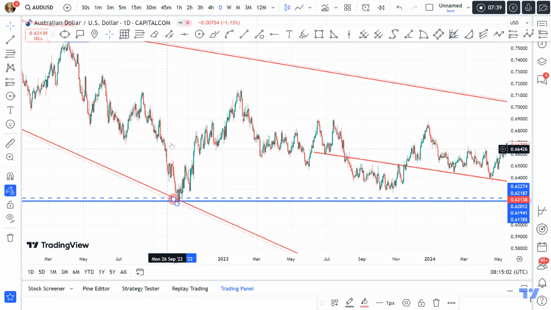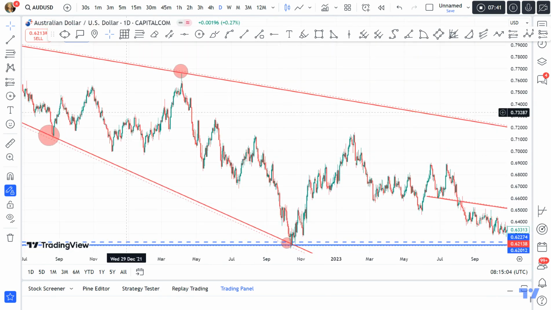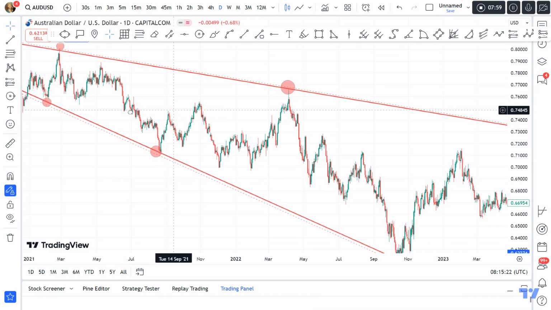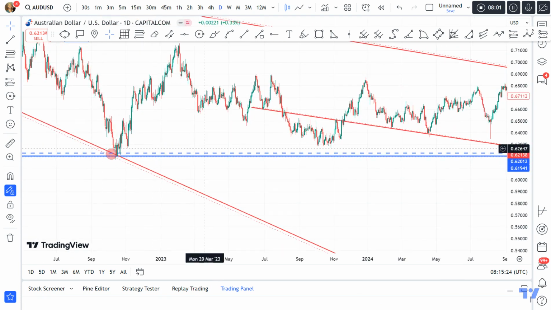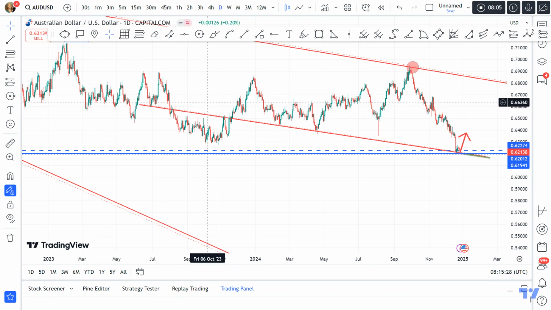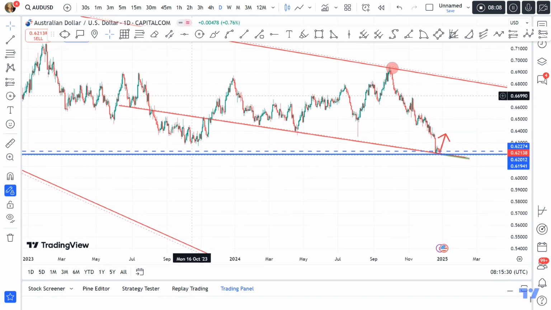this is the structure. We have looked at the structure from weekly, we have looked at the structure on daily, and now the next we're going to do is to go down to intraday to look out for sniper entry. So as Sydney opens today, we'll look for a buy opportunity for AUD USD. So this is what it is. AUD USD, this is what it is. So you can see the structure backing a buy idea. We have double confirmation for buy,